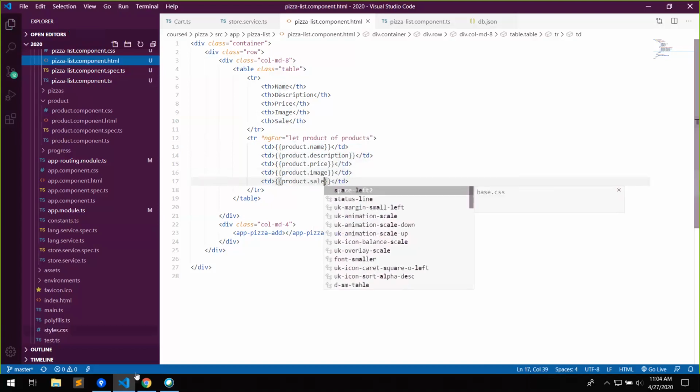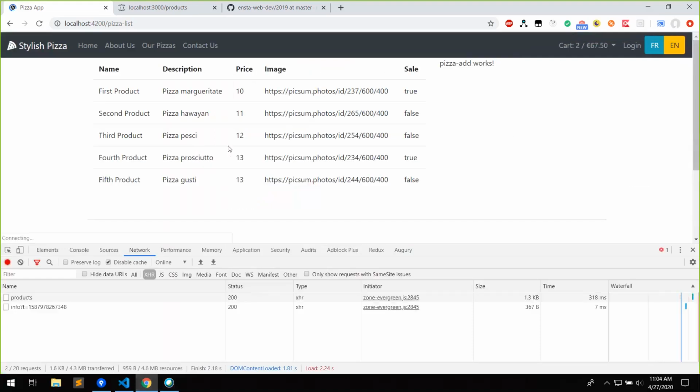Let's check. We have our pizza table here, right? Now, what do we need to do now? Here on the right, the pizza add. We need to be able to add products in the database. The button, but the button is linked to what? So in here on the right,